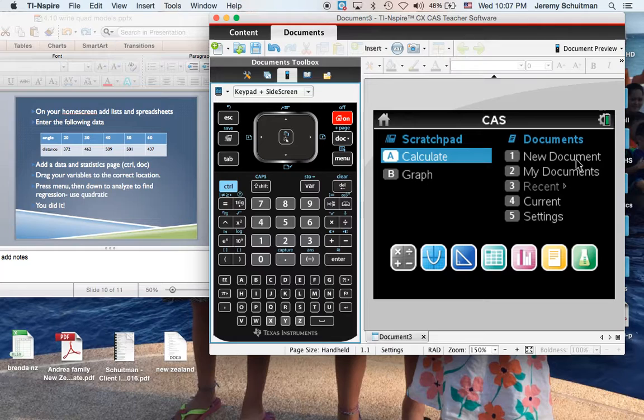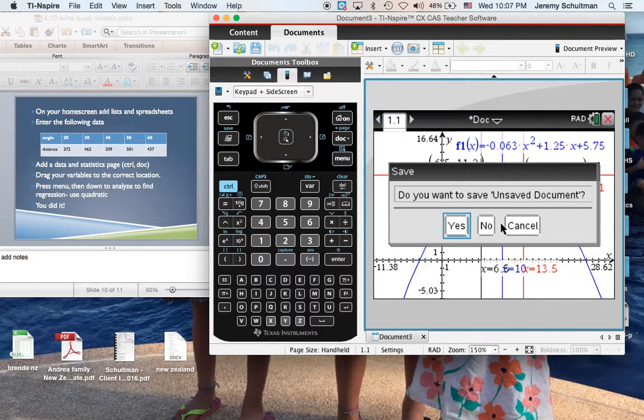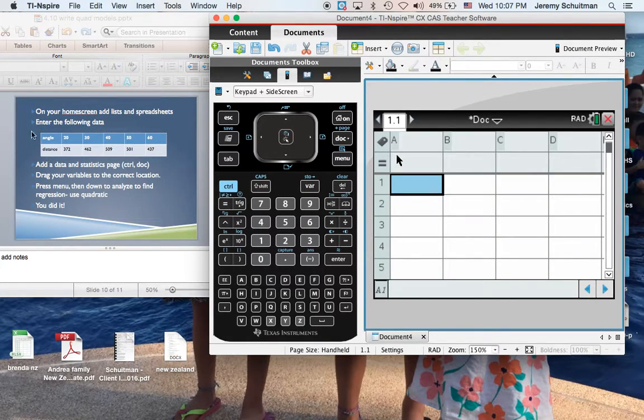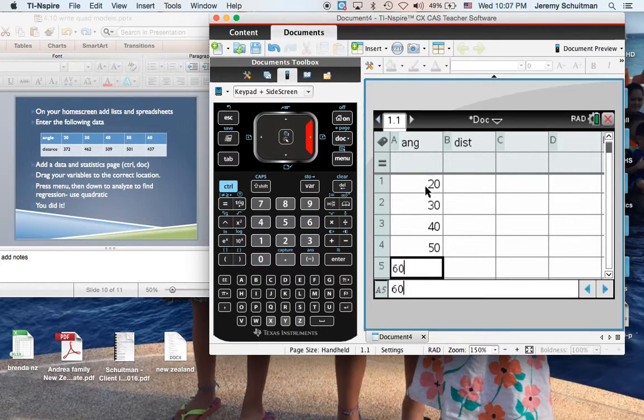So if I go home and I go to a new document, do I want to save this? No, I don't want to save it. Now I'm going to put in a list and spreadsheet. Same thing it says at the beginning. I need to put my variables in. This is angle. This is distance. I don't think the calculator is going to let you put the entire word angle and distance in, so just shorten it. 20, 30, 40, 50, 60,